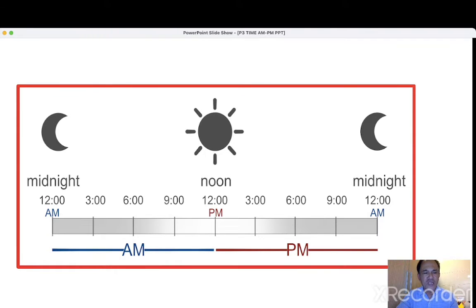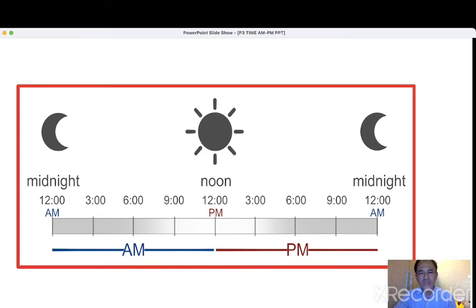AM time: 3 AM, 6 a.m. A.m. means morning. 9 a.m., or 9 in the morning, okay? 12 a.m., 12 in the morning, 3 in the morning, 3 a.m., 6 in the morning, 6 a.m., 9 in the morning, 9 a.m., 12 noon,